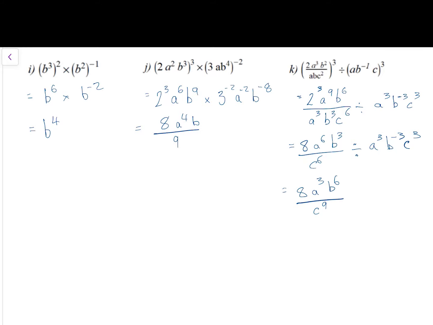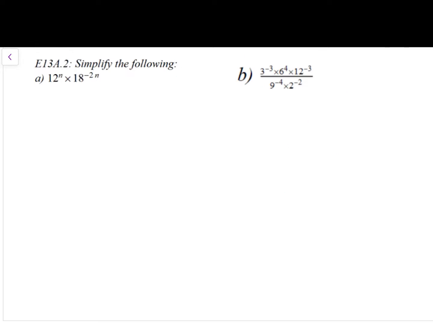As the denominator. We could also have written 8, a to the power of 3, b to the power of 6, c to the power of negative 9, but we like to write our indices with positive integers. Okay, so with example 13a.2, simplifying these